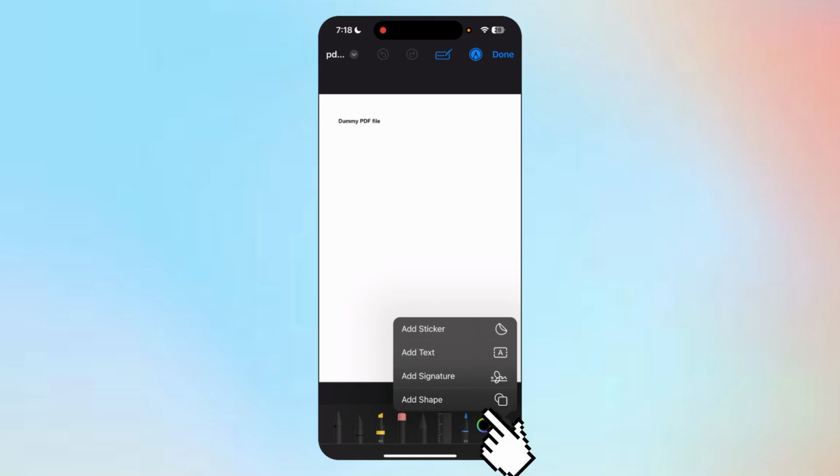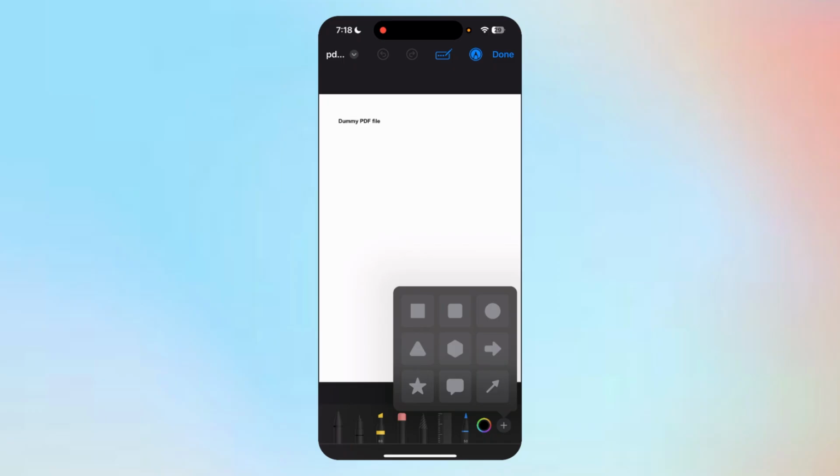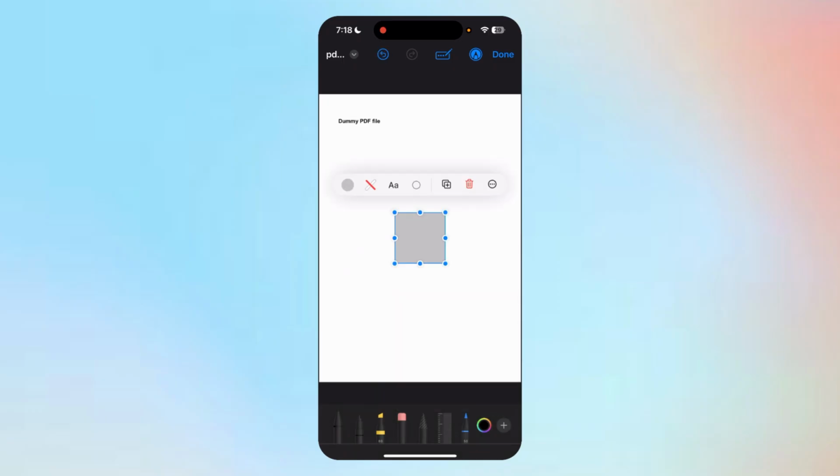If you tap on Insert Shapes, you can place a box anywhere on the PDF and type what you need. However, keep in mind that this built-in method is limited. You can add new text or mark things up, but you cannot directly edit or change existing text in the document. If you need more advanced editing features, such as modifying the original text, you'll need to use a third-party